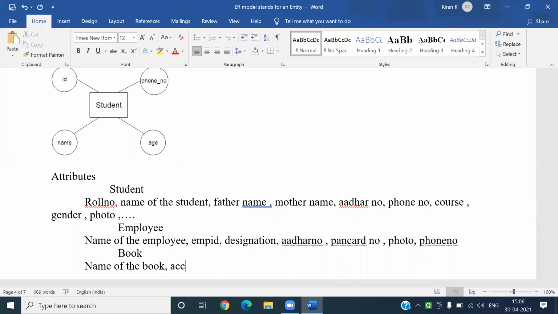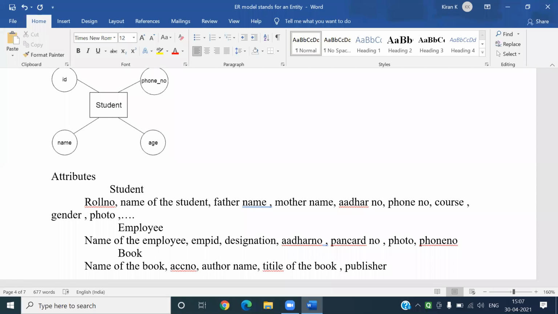That is unique. Then author name, title of the book, publisher. All these things are called attributes of book.